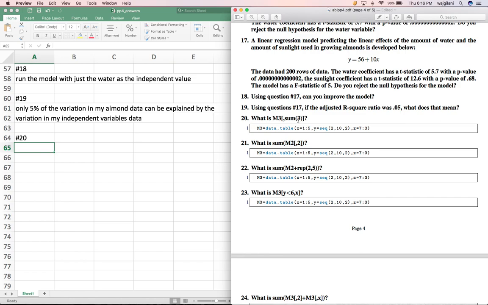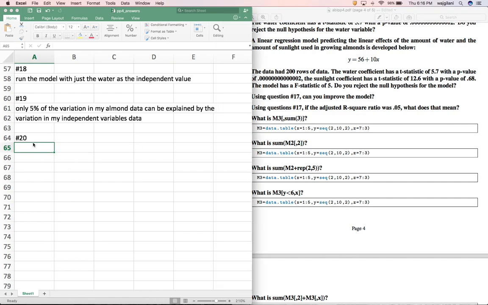What's going on here? Well, we have an M3 table here, so let me construct the M3 table. The M3 table is going to be basically a data table with the columns X, Y, and Z. X is going to be 1, 2, 3, 4, 5. y is going to be sequence 2 to 10: 2, 4, 6, 8, 10. And it looks like z is going to be 7 to 3: 7, 6, 5, 4, 3. All right? Okay, now, from here,